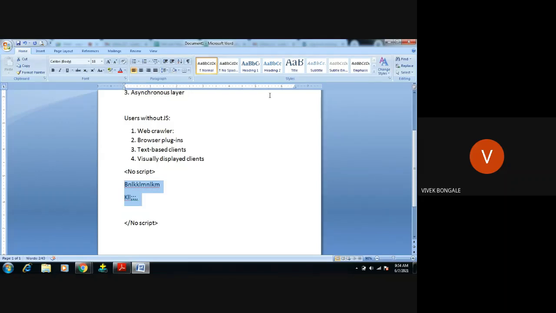Whether the browser supports JavaScript or not, it doesn't matter. If the code has the noscript tag and statements in between, that content you want to display will be displayed in the browser, though the browser doesn't support any of the scripting languages.